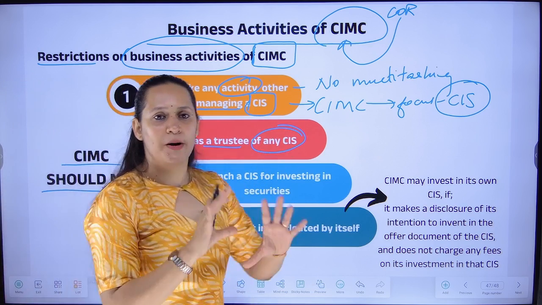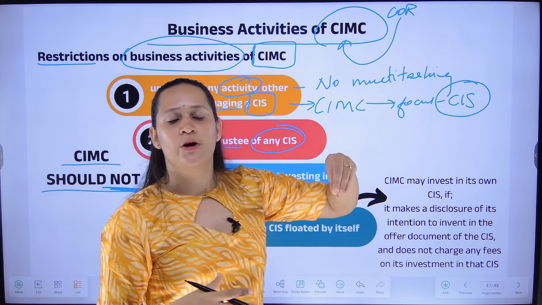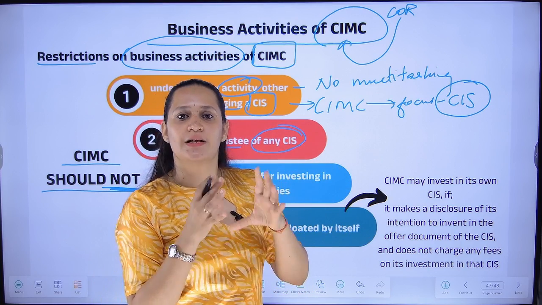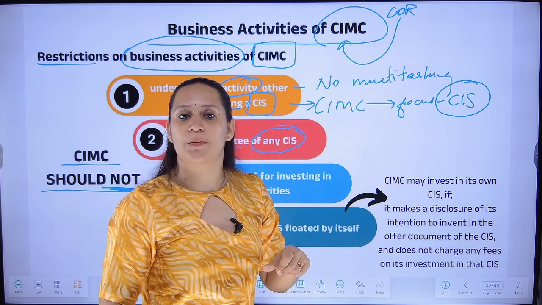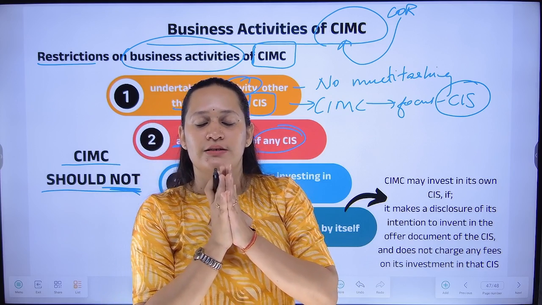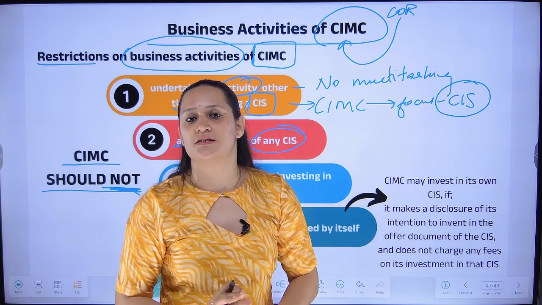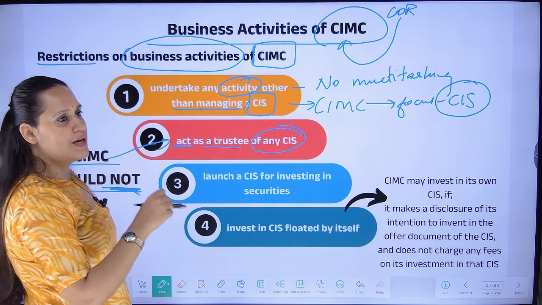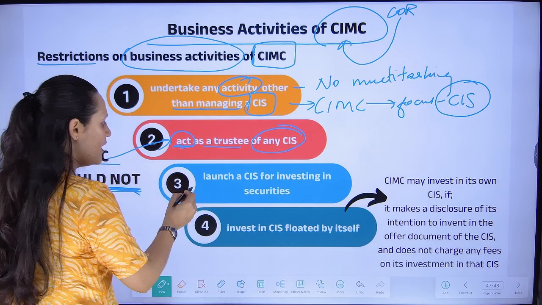Now, whenever we are operating a scheme where we are going to collect money from a lot of people, one person is going to be appointed as a monitor of that money to ensure that the money is utilized properly or not, to also ensure whether the manager is doing his duty properly or not. We call that person a trustee. He's taking the responsibility of all the investors and ensuring that the interests of the investors are protected. So any collective investment management company cannot act as a trustee of any other collective investment scheme,